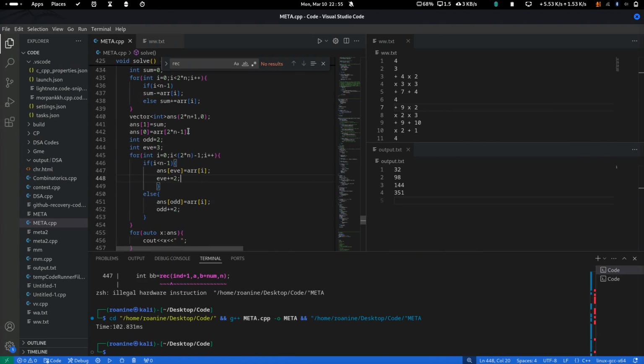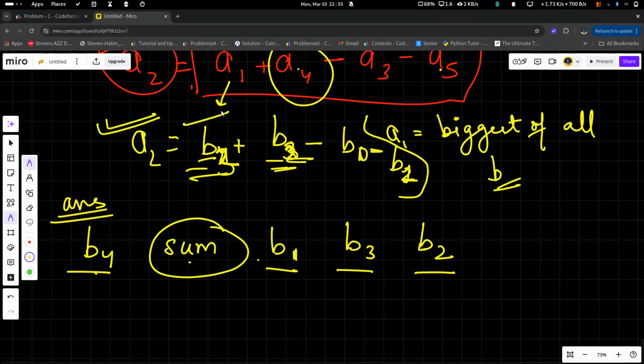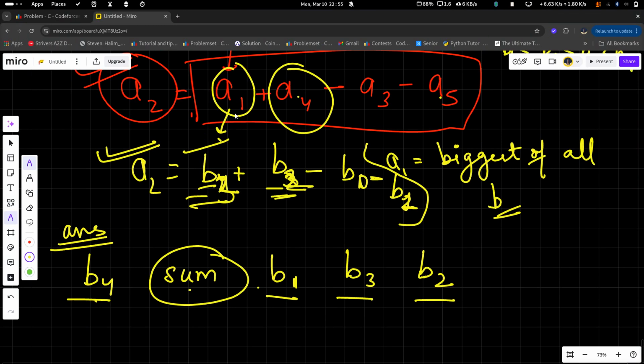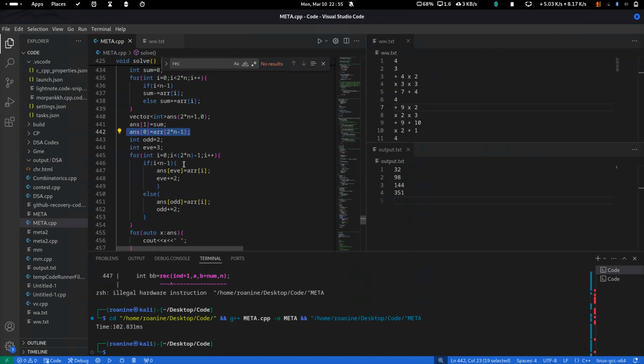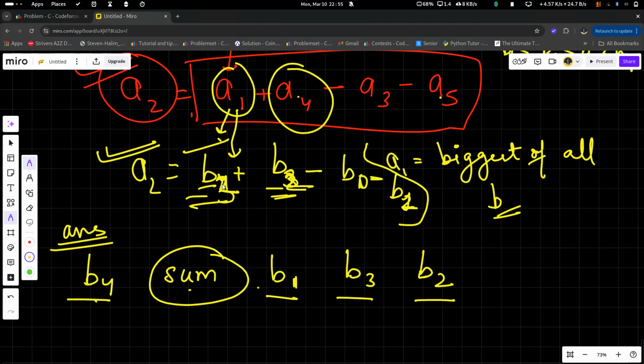Now I am taking the answer array. For the 0th element of the answer, I am putting the largest value. See, here also for the first value I have taken the largest value of b, so here I have done the same thing. Now at the first index of the answer, I have taken the value that I calculated, which is sum.